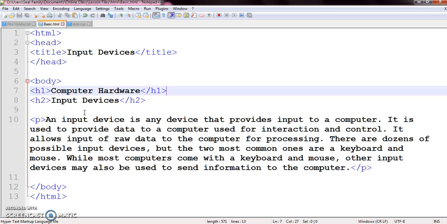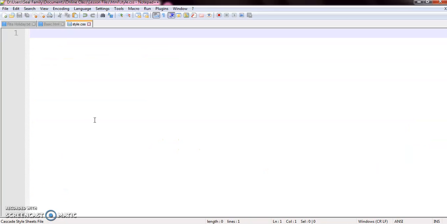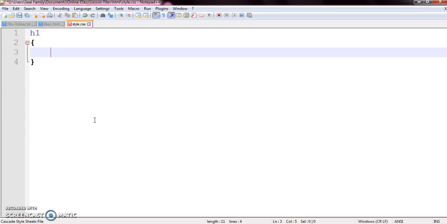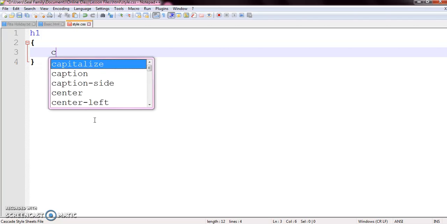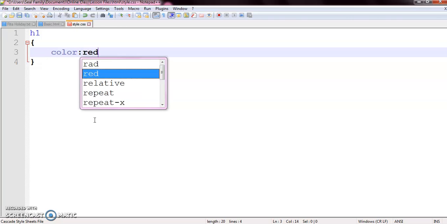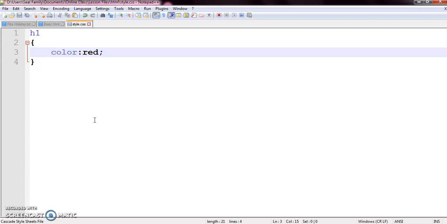Now there are three different types of elements. One is h1, another is h2, and the third one is paragraph. Using the external style sheet, I am going to change the appearance of the h1 element. So as I am going to change the appearance of h1, I am writing the element name, and within the curly braces I am writing the property which I am going to change. I am going to change the color property only, and I am using a predefined name here. So my external style sheet file is ready.